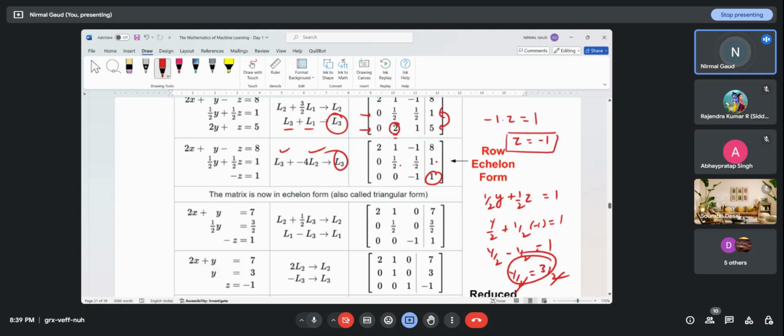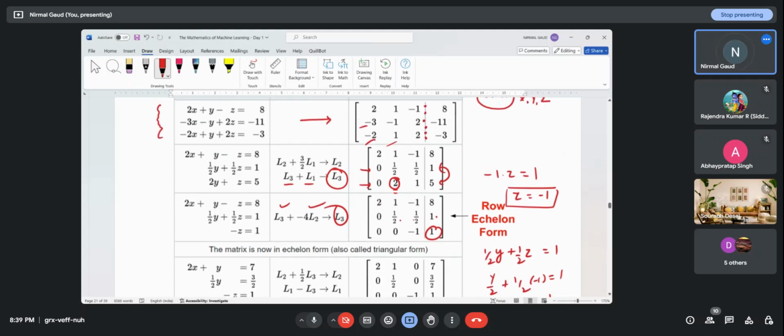And this one represents the x. So finally, we can write 2x plus y minus z equal to 8. Y you know, z you know, you can find the value of x. So to find the values of these variables, we have applied the transformations and we have converted our matrix into